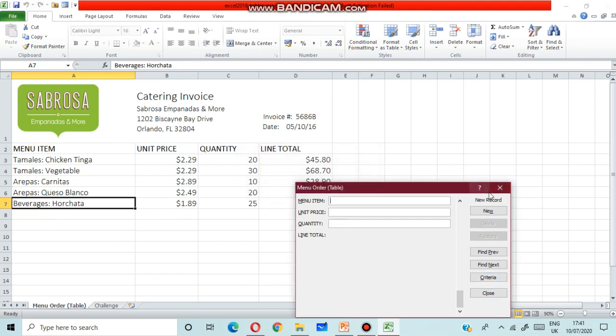So what you have learned is how to add a new record using form in MS Excel, and how to delete a record.